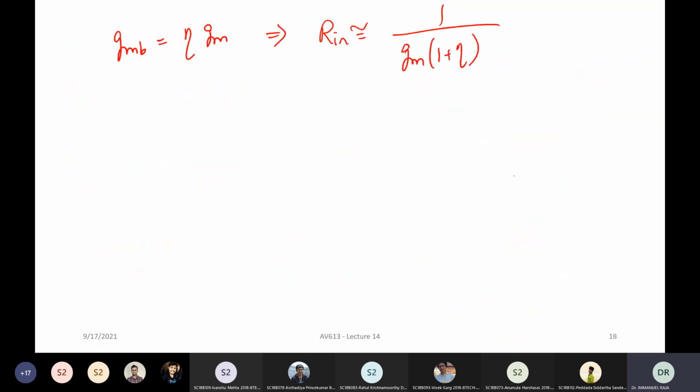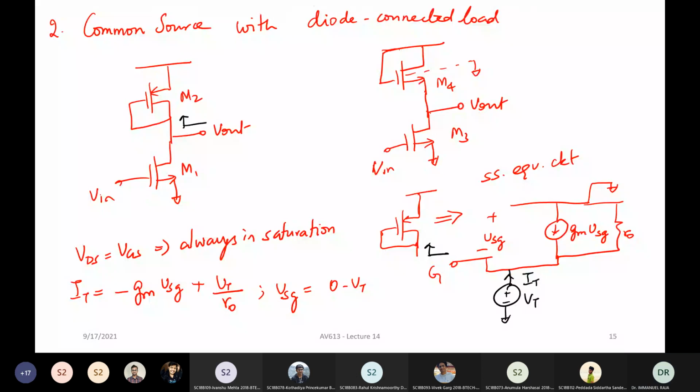So let us look at this circuit number 1 and circuit number 2. Now, in circuit number 1, how will you find the gain? You can draw the full small signal equivalent circuit and derive the full expression. That is possible. You will get the same result, but there's a little easier way to do it.